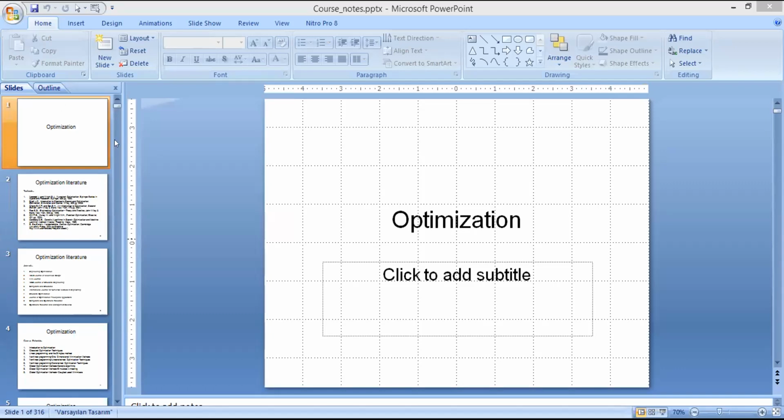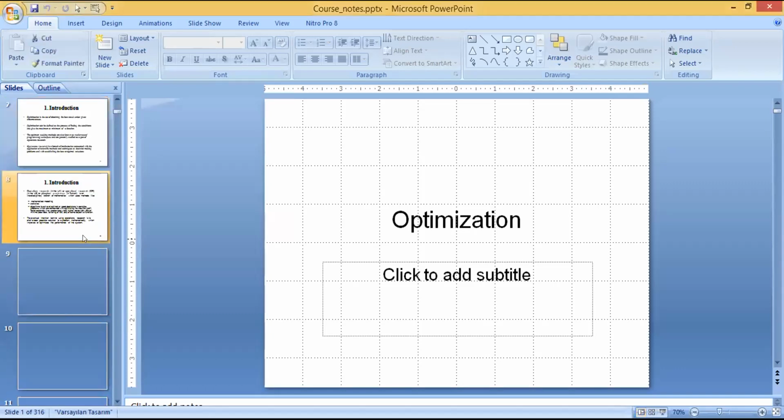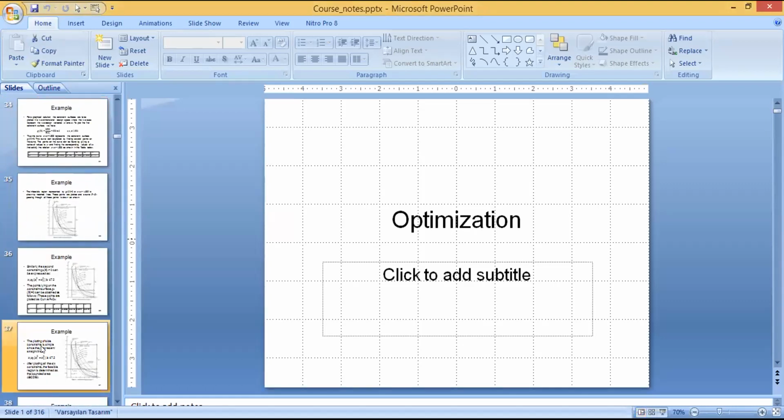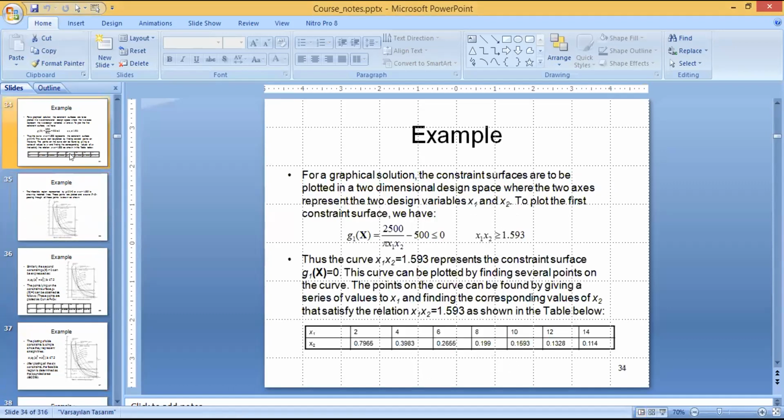So actually we are solving our first example, that is, we try to solve this example using the graphical method in MATLAB. I hope you are able to see the PPT. Any issue regarding the PPT? Can you see the PPT on your screen?